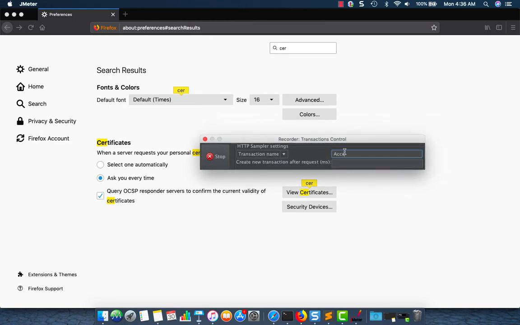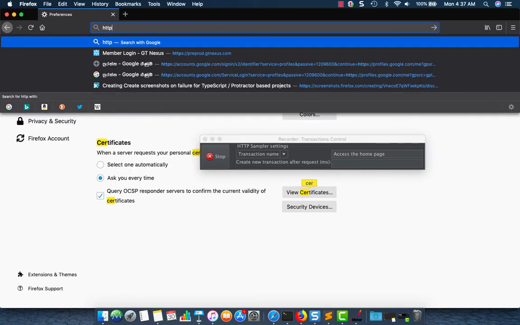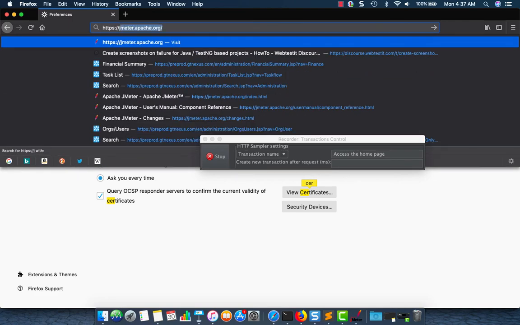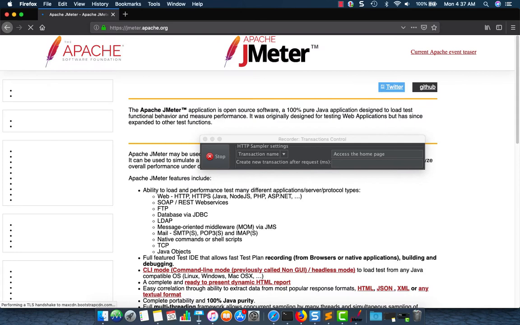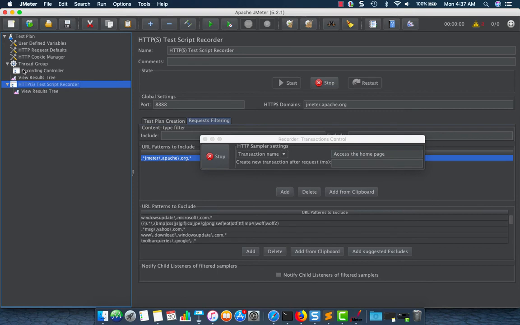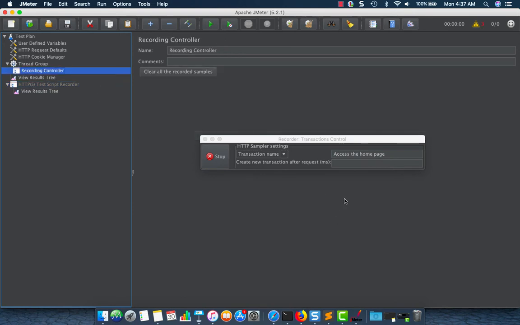Now you can do some configuration over here. Say access the home page. So let's go here, HTTPS. This time I'm giving HTTPS jmeter.apache, press enter, and you should verify whether it's getting recorded. It's not recorded, so